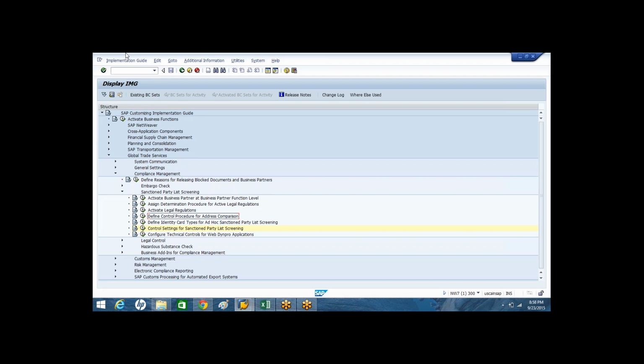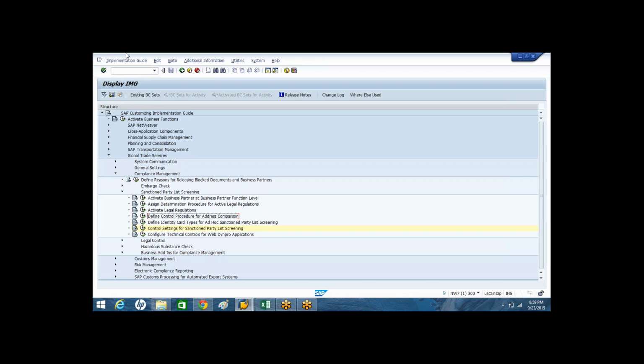There may be 20 or 30 or 40 address details, but you do not need to tell the system to compare all 40 with SPL member details. Maybe you require 4, 5, or at most 6 or 7 details, like name, country, city, street or state, or maybe passport number or zip code. So you may require a very limited number of address fields.